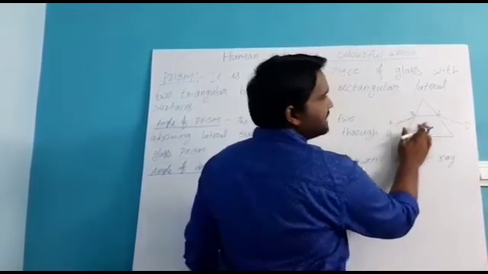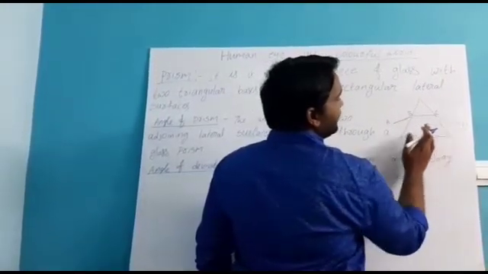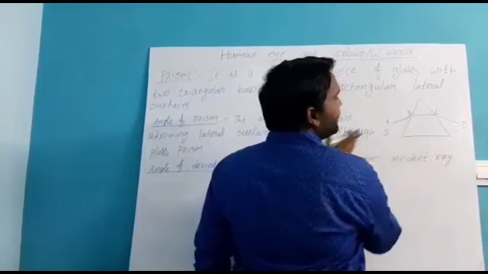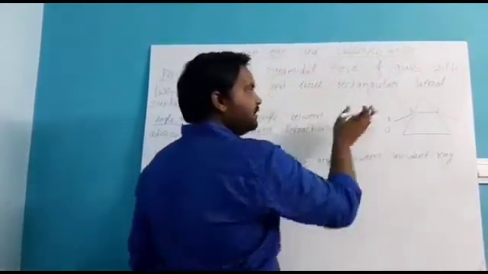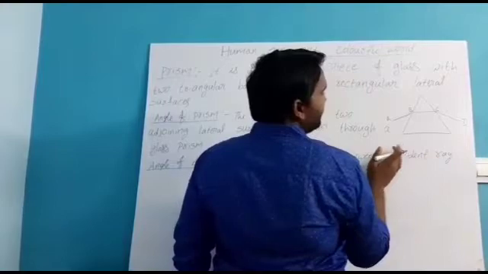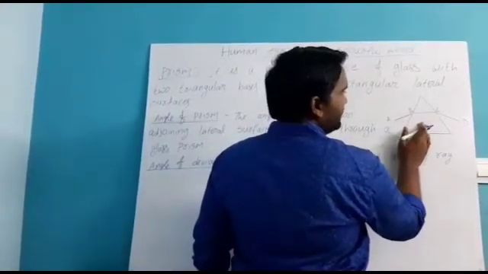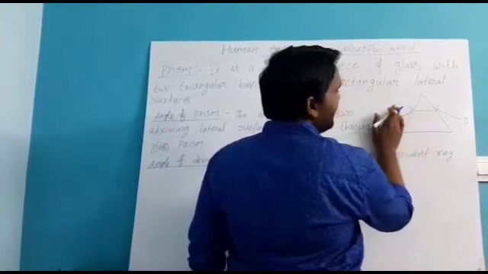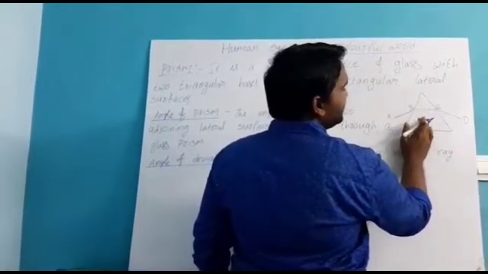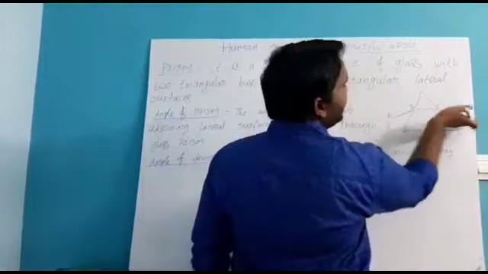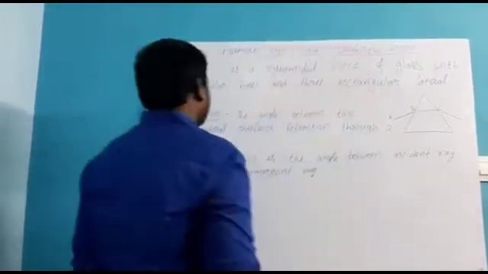I already said the reason why it is deviating like this. This is rarer, this is denser. Denser to rarer. If it is the same medium, the light will go in a straight direction. But here the air medium is there, and the prism is there. That means this is rarer, this is denser, this is denser, this is rarer. That's why the light is deviated.